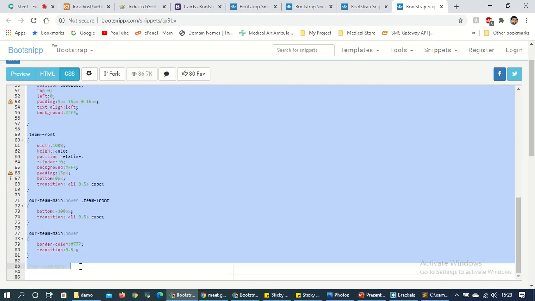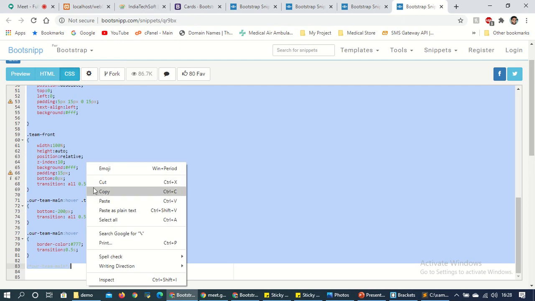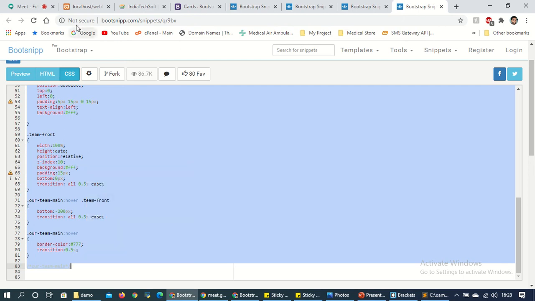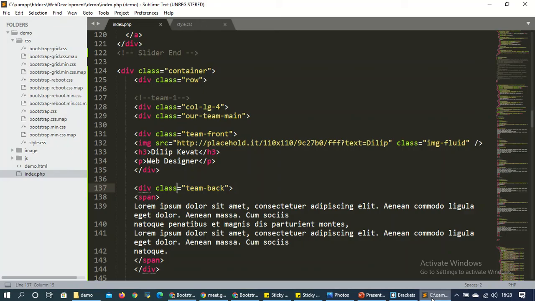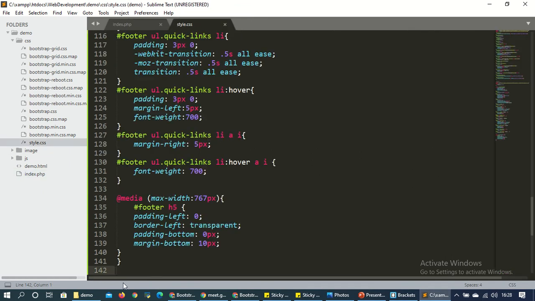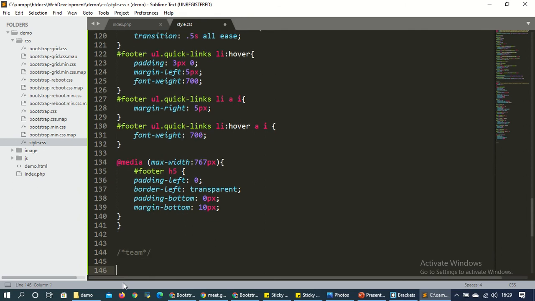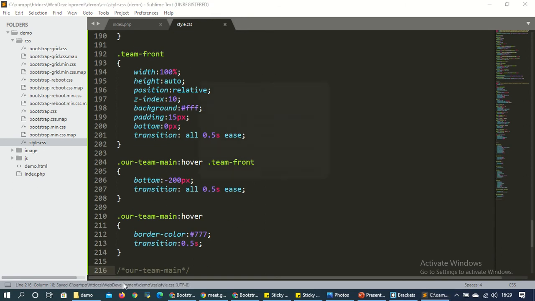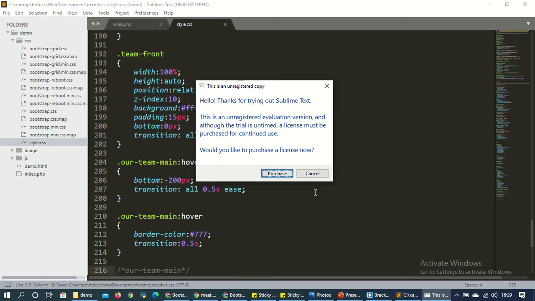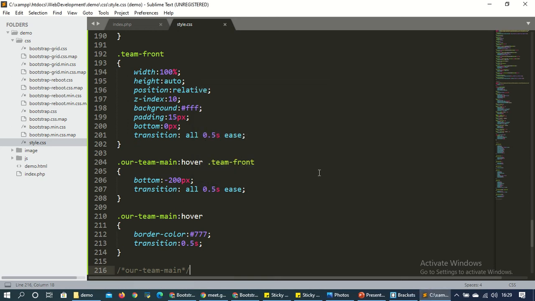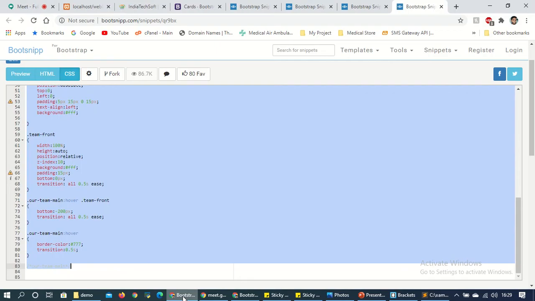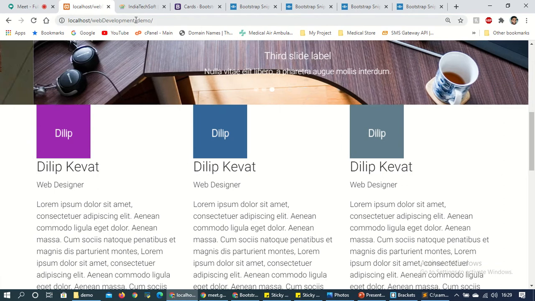Okay, you can apply this team CSS on the same page, or you can write it or paste it here on the style page. So team, and now paste. So here there will be no confusion about which CSS we applied for which thing. Okay, and we have already imported and linked our CSS file.